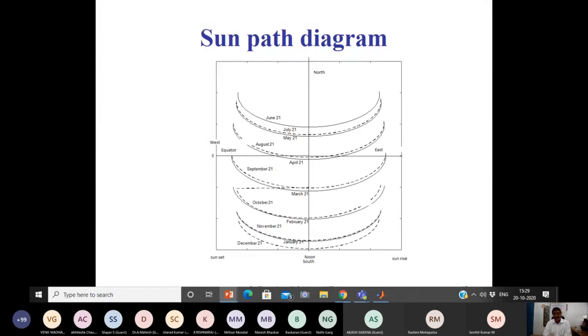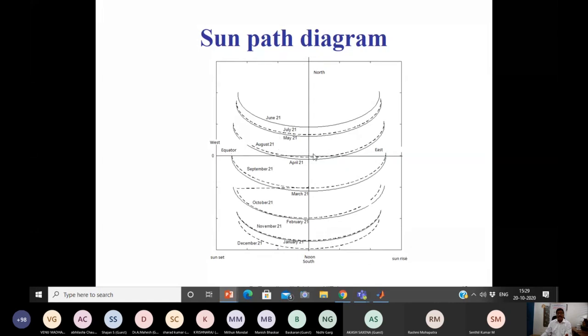That's why only a representative day is shown here. A representative day means, for example, January 21st. It is a representation of the entire month of January, February, March, till December 21st. So here, this is the path of the sunspot. I can say the sunbeam is falling on this ground in this location, in this quadrant during this month of December,